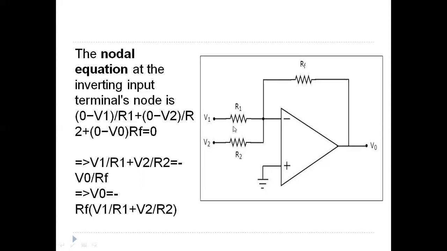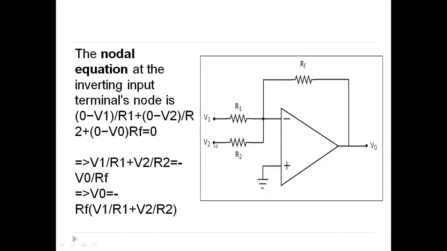So I1 we can write as, here the direction is according to this equation, from this point to this point. We can also take either of the directions. According to that direction we can apply the KCL. So that means 0 minus V1, starting from this point, this is the end point. So 0 minus V1 by R1, this is I1.